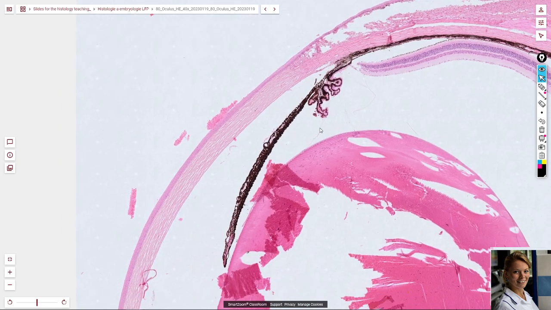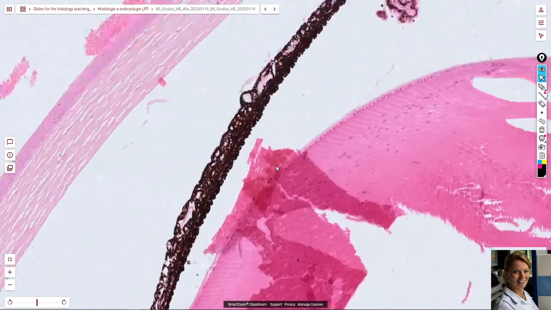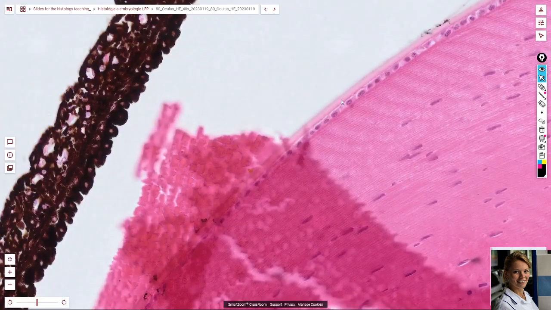The lens is covered with a capsule of lens. This eosinophilic thin layer is a capsule of lens, and it's also a transparent layer of collagen fibers and glycosaminoglycan